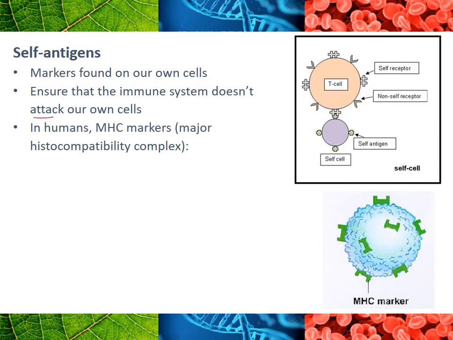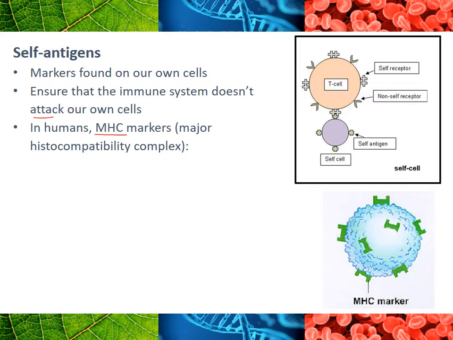You do need to know this term, especially this abbreviation of it. So make sure you write this down. In humans, and when we look at the immune system, we're mainly going to use human examples because we can relate to that quite well. So in humans, we have a type of self-antigen, or two types of self-antigens, called MHC markers, or major